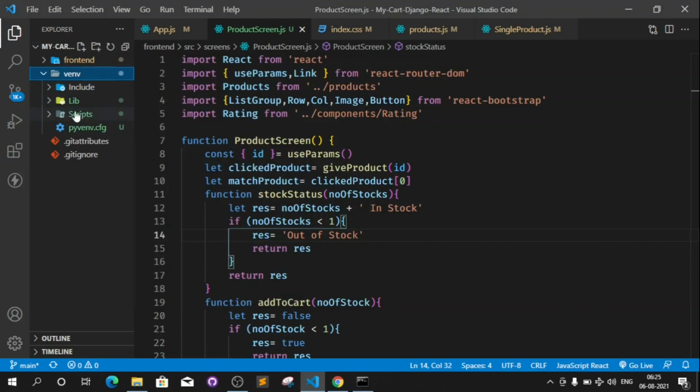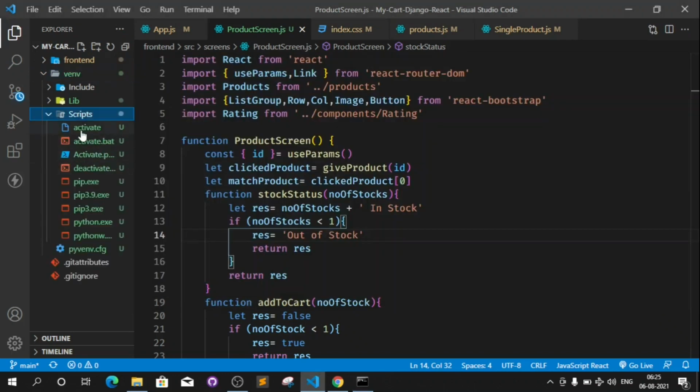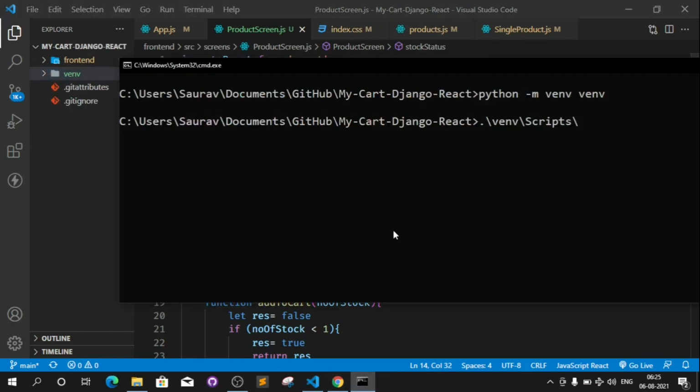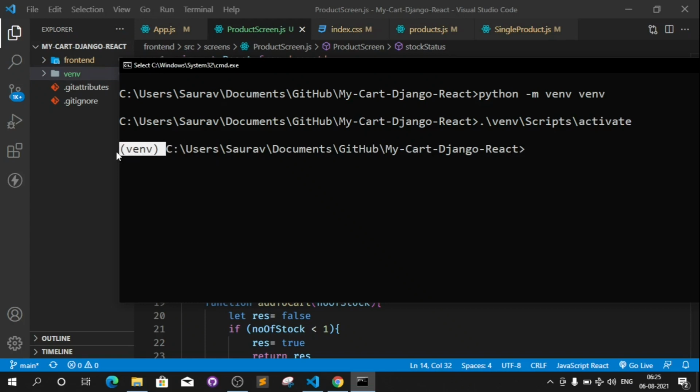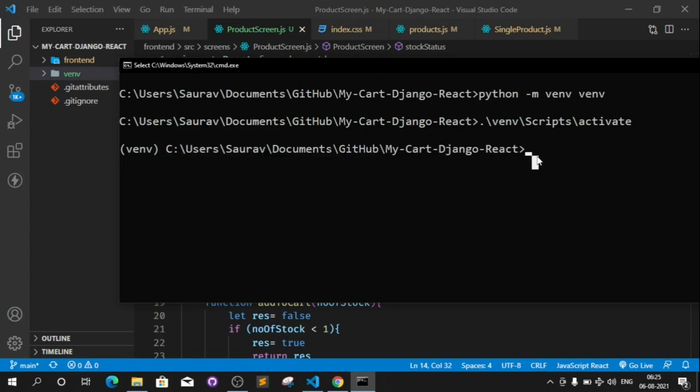So we have to target our Scripts, and after that in Scripts I have activate. So I need to use this activate.bat file. So come here, type activate, and press enter. If you see the virtual environment name inside brackets at the start of this address, then that means our virtual environment has been activated.